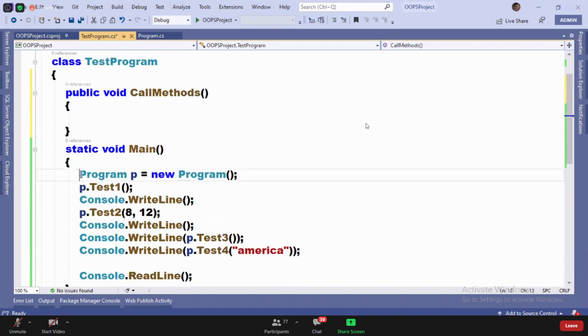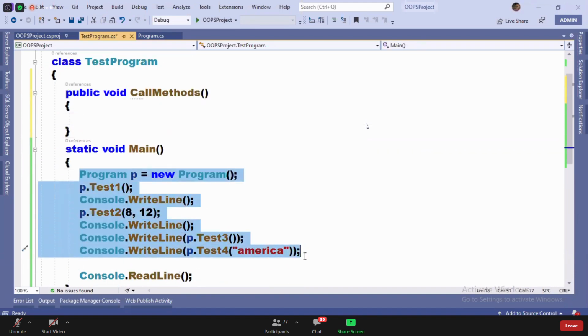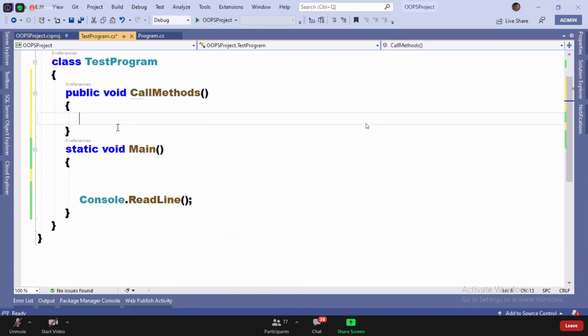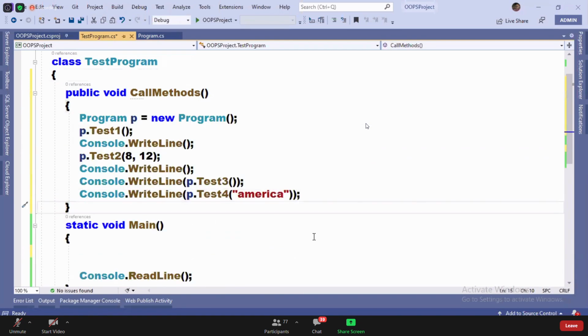Now I am putting this code into it. Observe it. I created the instance of the Program class in callMethods, in a non-static block. That's what I'm telling you, anywhere.